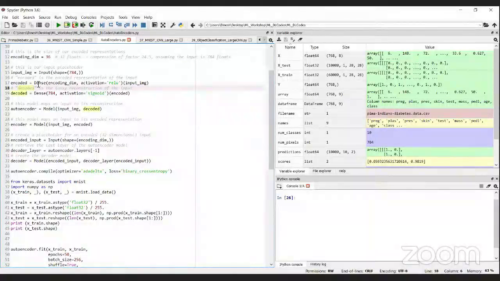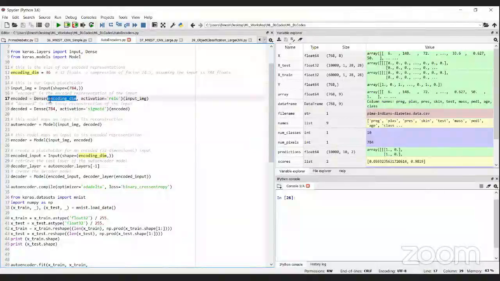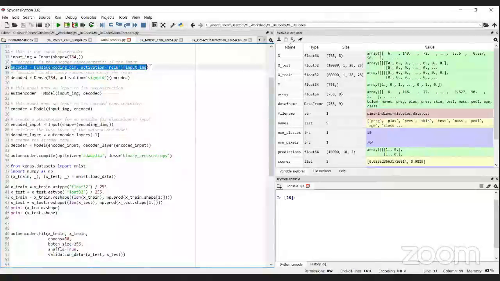In the encoding, I am using a dense layer. Here I am not using a CNN, but the conventional approach, though you can still follow the same approach, and while defining the network architecture you can even use a CNN kind of approach. Here the encoding dimension I set to 36. I want to encode this data into 36 neurons. Activation is ReLU, and the input is 784 data. So it takes 784 dimension data and encodes it into 36 dimension data. This is the forward pass encoder part.